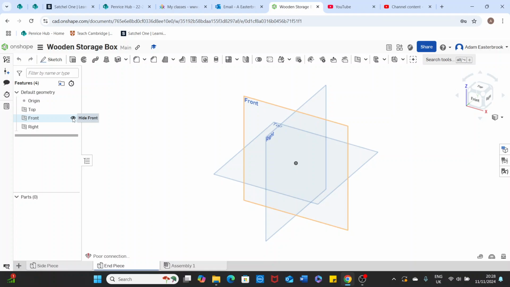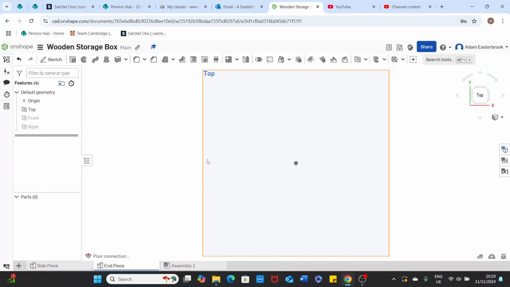As before, we can use the top plane, so I'm going to hide the front plane, hide the right plane. Otherwise, it can be a bit messy and make our lives more difficult. It's a very similar process to what we did before, but the dimensions need to be a bit different because it's a bit smaller. So I'm going to sketch,